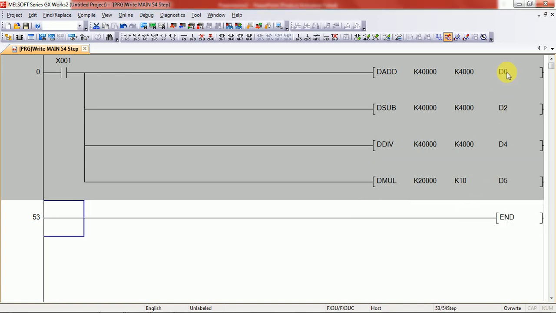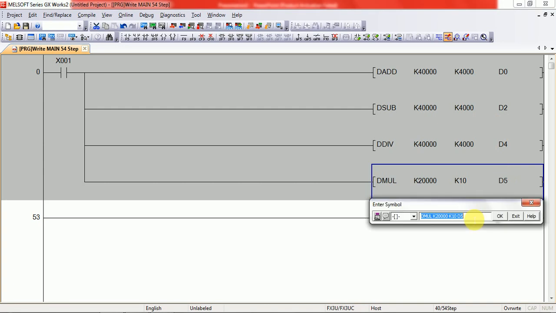Because D0, D1, D2 are 16-bit data registers, but our answer is 32-bit data, so automatically another 16-bit register will be used, D1, and the same here D2 and D3 will handle 32-bit data, and D4 and D5 will handle, and here D6 should be used.